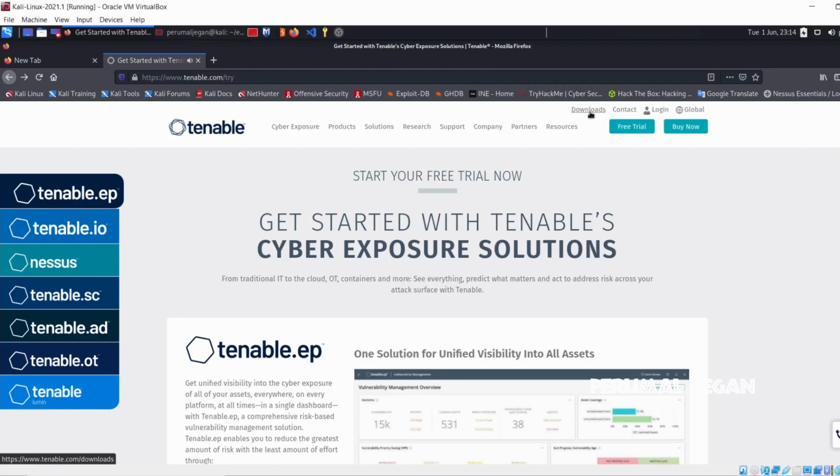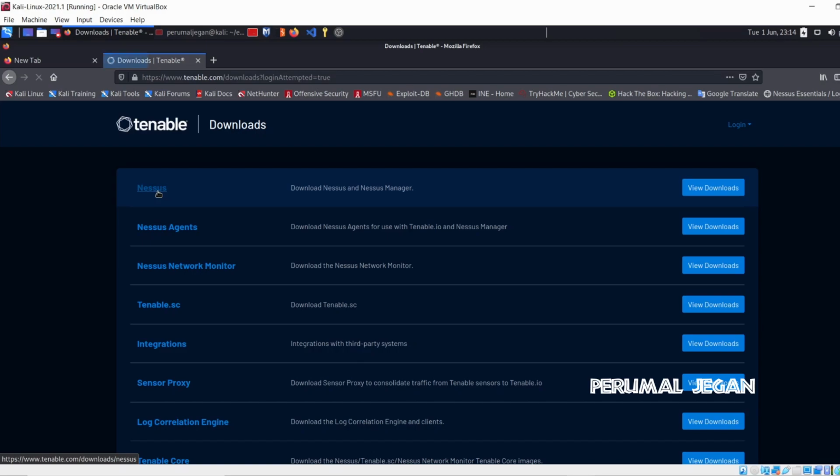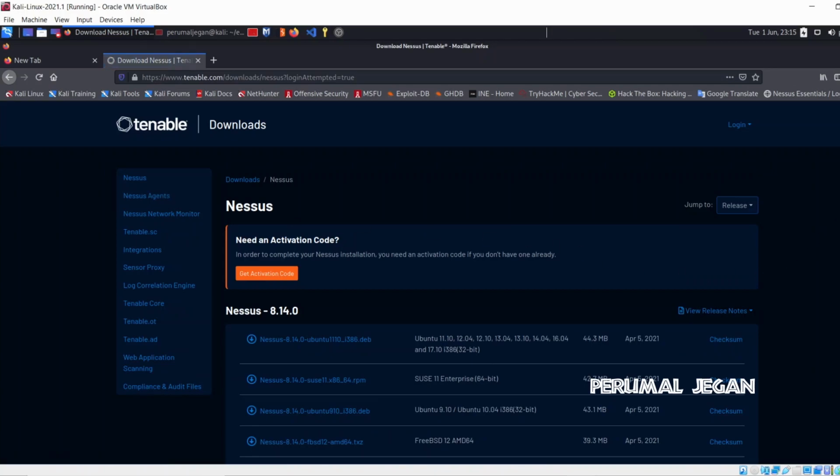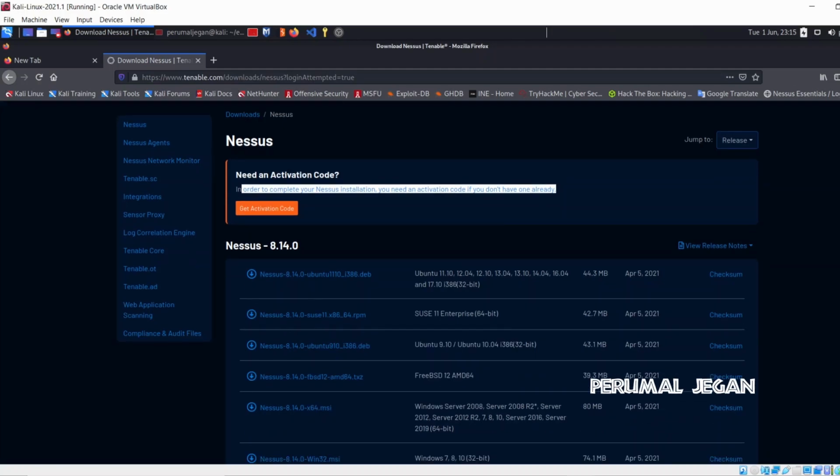Also, you can click this link to move to the download page. Here, click Nessus. And you will be getting the activation code in your email. So get the activation code and enter it during the installation.